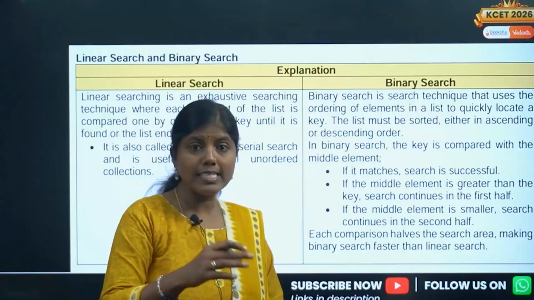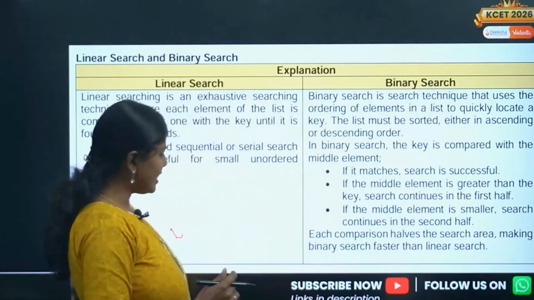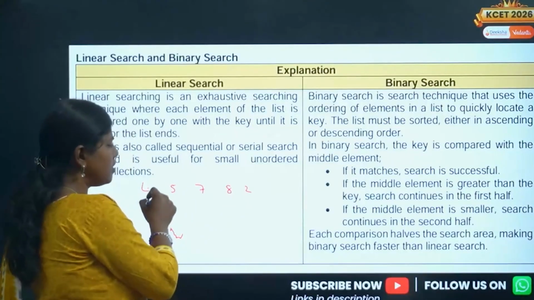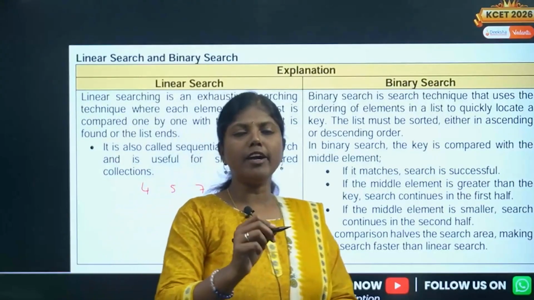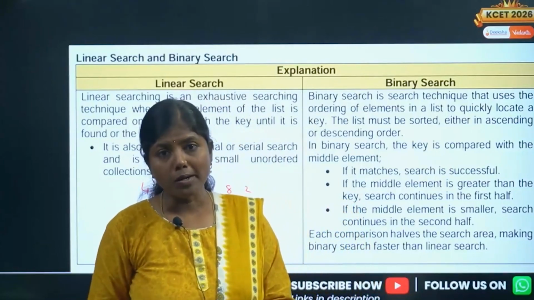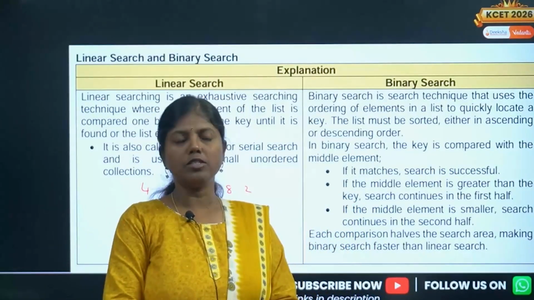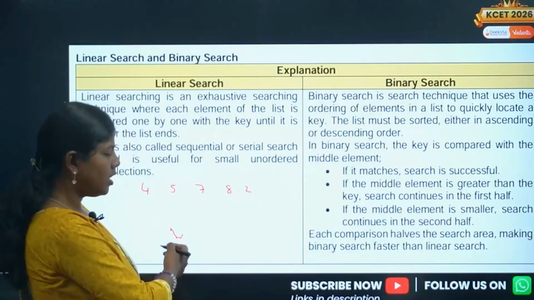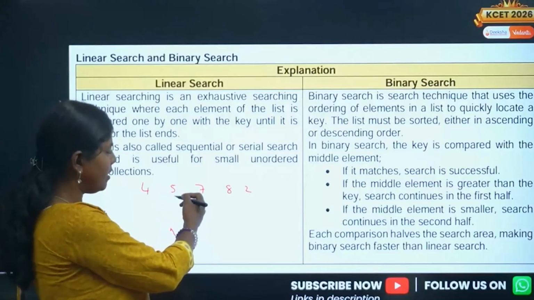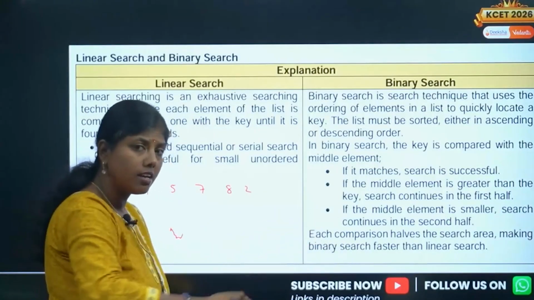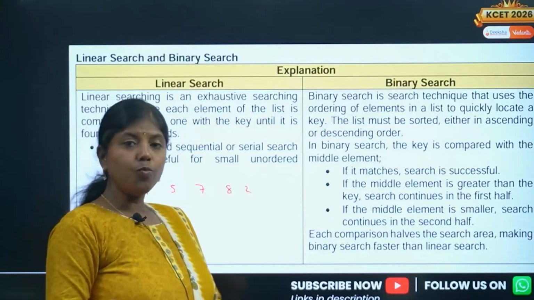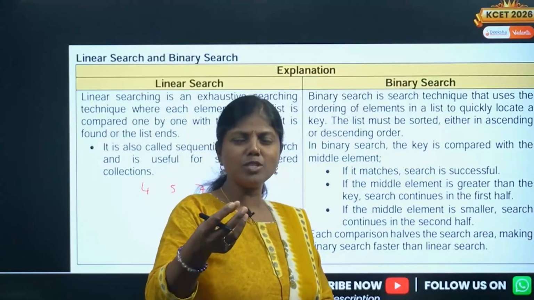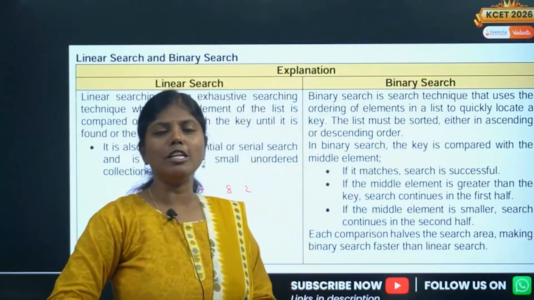So linear search is basically the simplest search. Let's take an example. I'm going to take the numbers 5, 7, 8, 2, 4, some random numbers, and I'll ask you to find out whether the element 8 is present or not in this given list. So what do you do? Very simple. You just look at the numbers one at a time: 4, 5, 7, and then 8. You see 8, it is there. That's what you did, no? Whatever way we are finding the element, it's the simplest way of searching, right? That itself is the linear search.